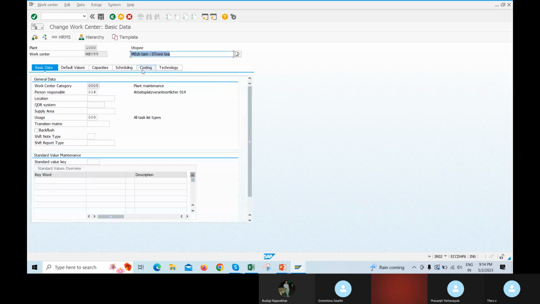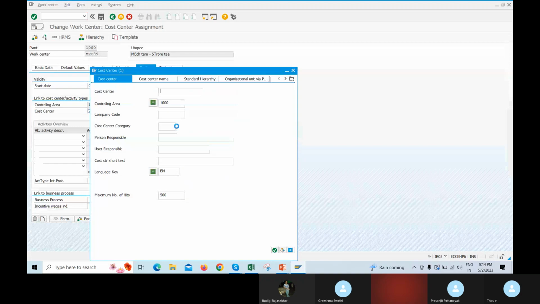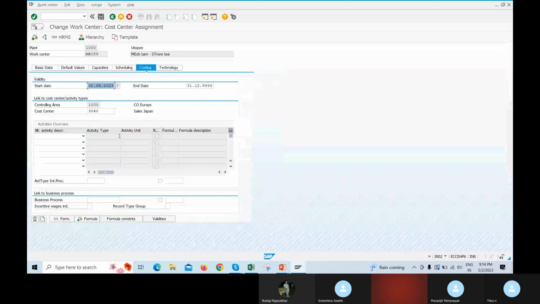If you go to the costing tab, we had seen the cost center. And we had seen the activity type and formula during class.